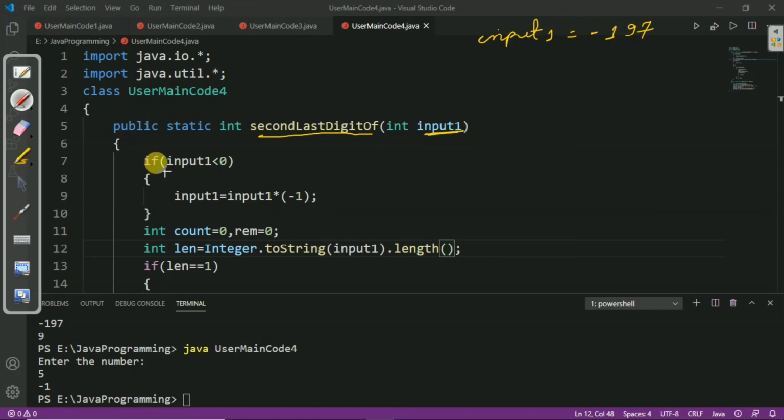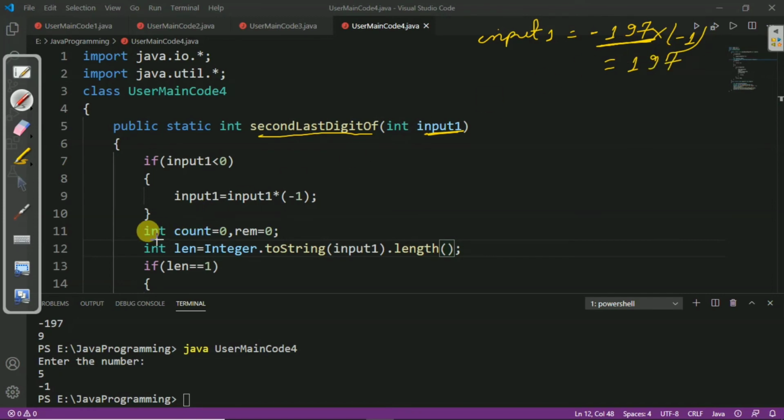Here we can see if input1 is less than 0. So, we will check whether input1 is less than 0 or not, and minus 197 is less than 0. So, now we will multiply input1 by minus 1. If we multiply it by minus 1, then it becomes 197.